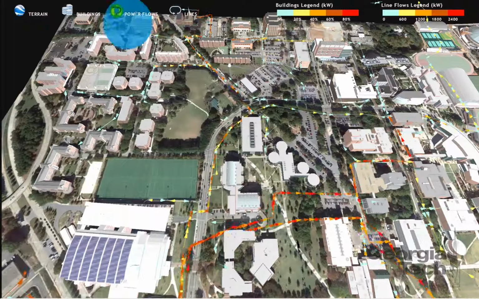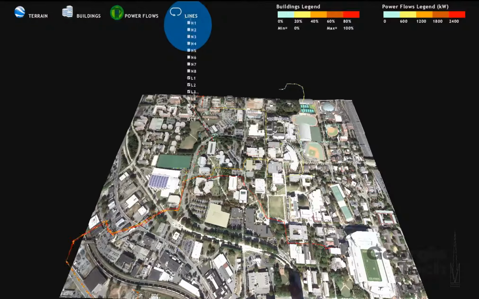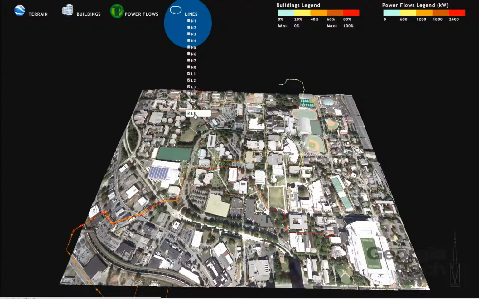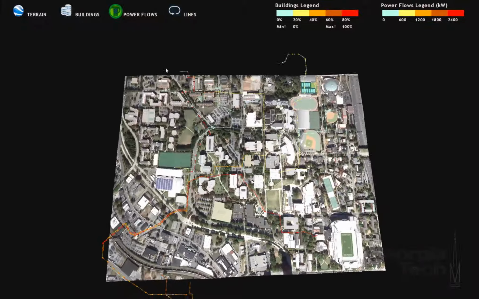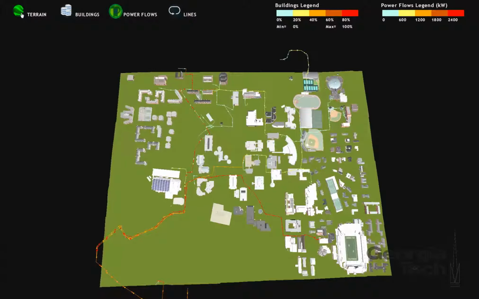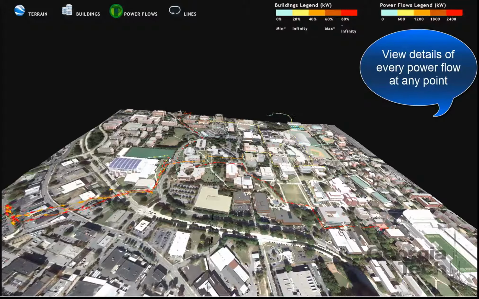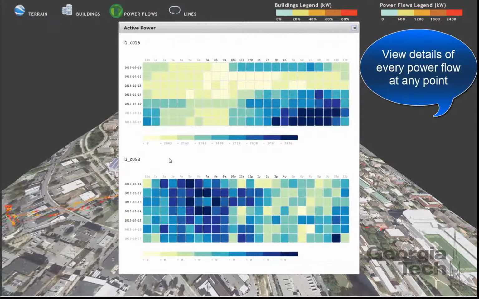In terms of quantity, you can view both active and reactive power over these lines. When drilling down into problems, it is crucial that you have the ability to see only features and lines of interest. You can simply toggle on and off the lines that you currently want to see. As observed, currently lines L1, L2, L3 and L8 are only displayed. You can click on any point to see all the lines that run through it. At this point, only lines L1 and L3 were running.